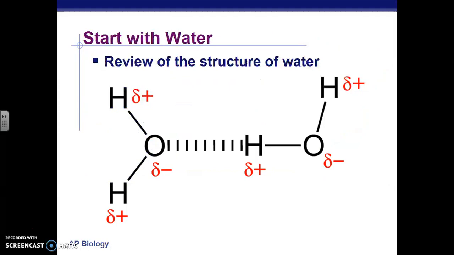So we have our good friend water, which we reviewed, I think it was a week and a half, 2 weeks ago. And if you see, we have one water molecule here, and one water molecule here, and because of the polar covalent bonding, oxygen is partially negatively charged, because it has more of the electrons, and hydrogen is partially positively charged, because it's holding less of the electrons, because it has a lower electronegativity. Because of this charge difference, the oxygen on one molecule and the hydrogen on another water molecule can what they call